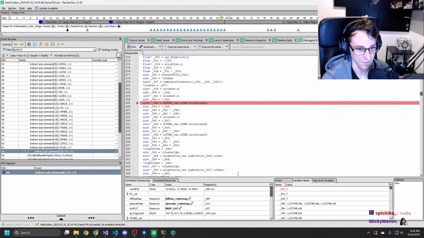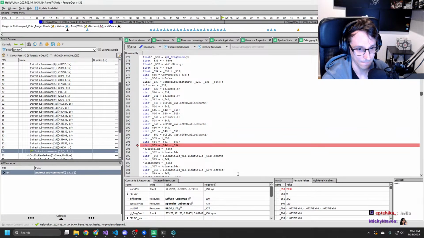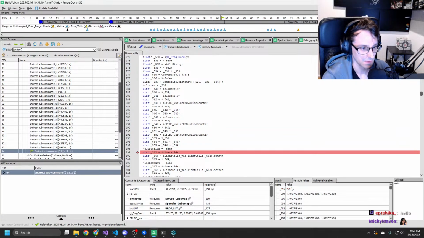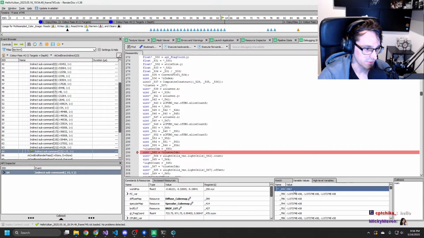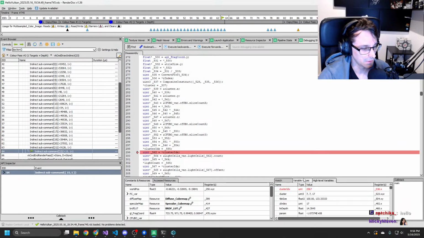Where is the cluster index here? 2567. So that looks on the first look more correct. Tile size 100 and 133. And set index 17.